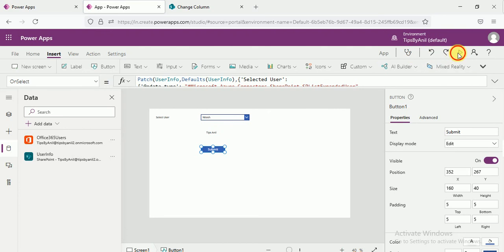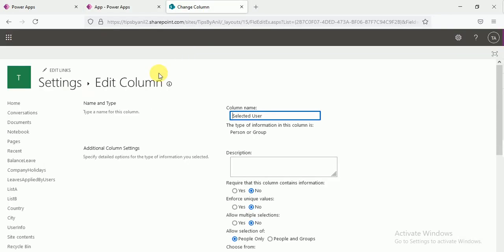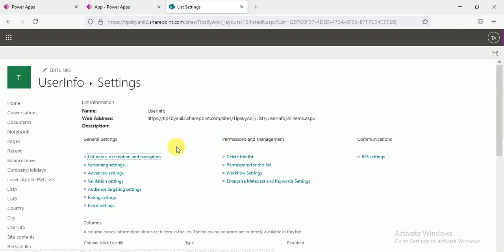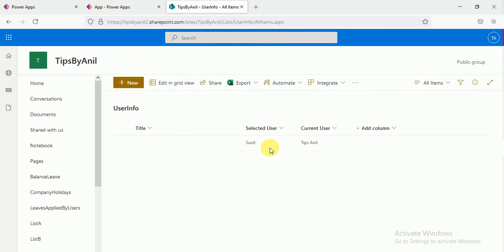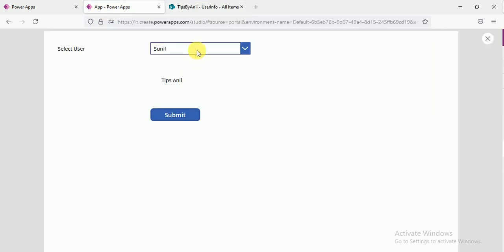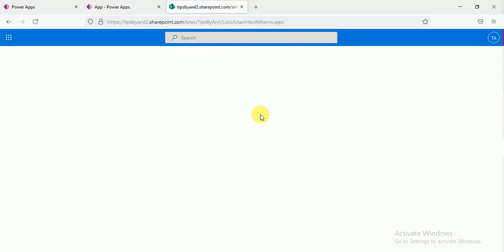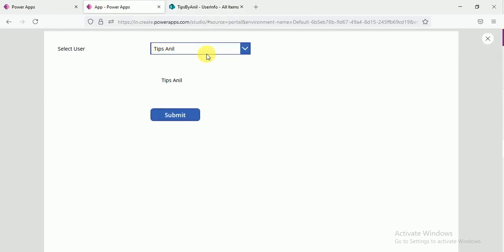Now let's run this. Sunil and Sunil. So we are getting the result as expected.